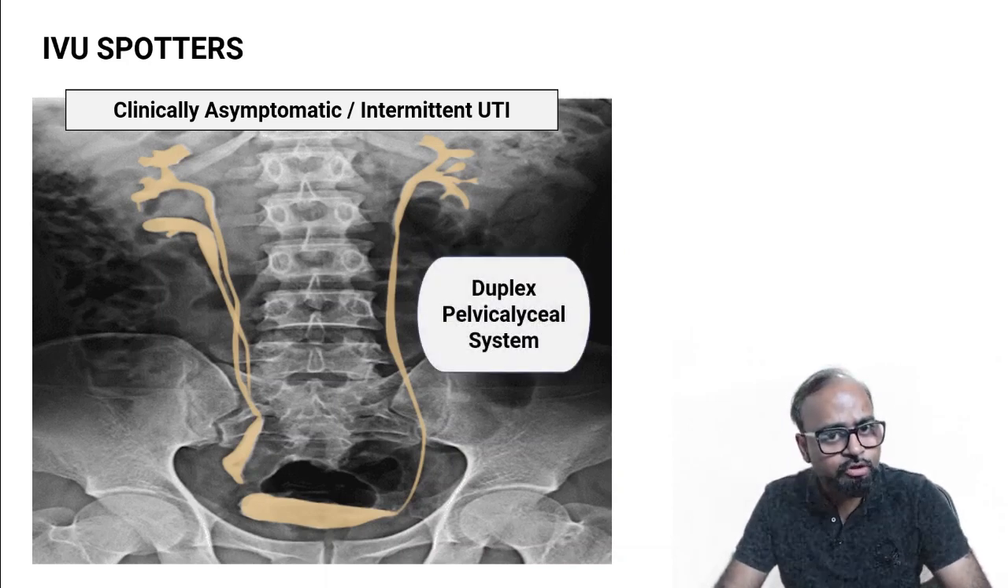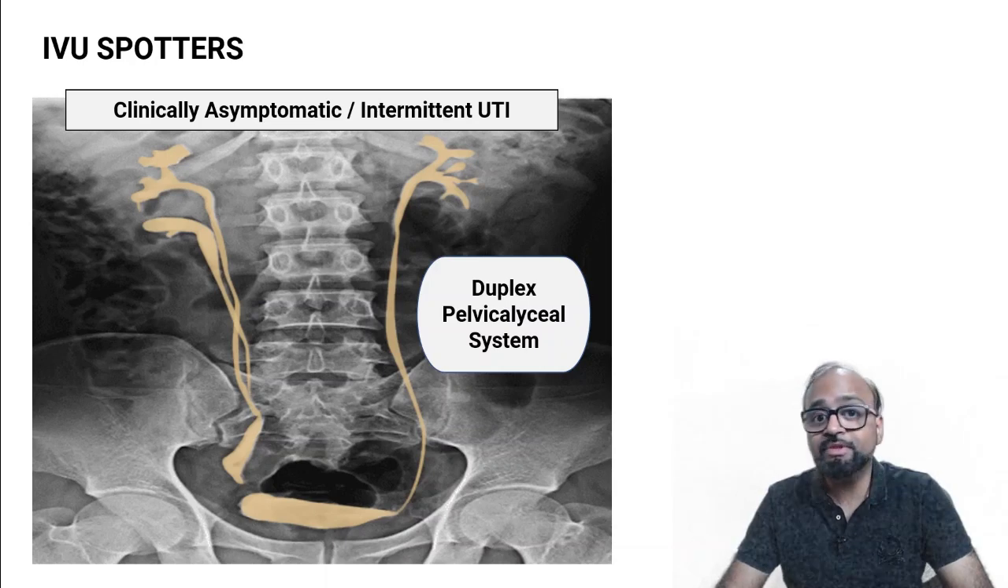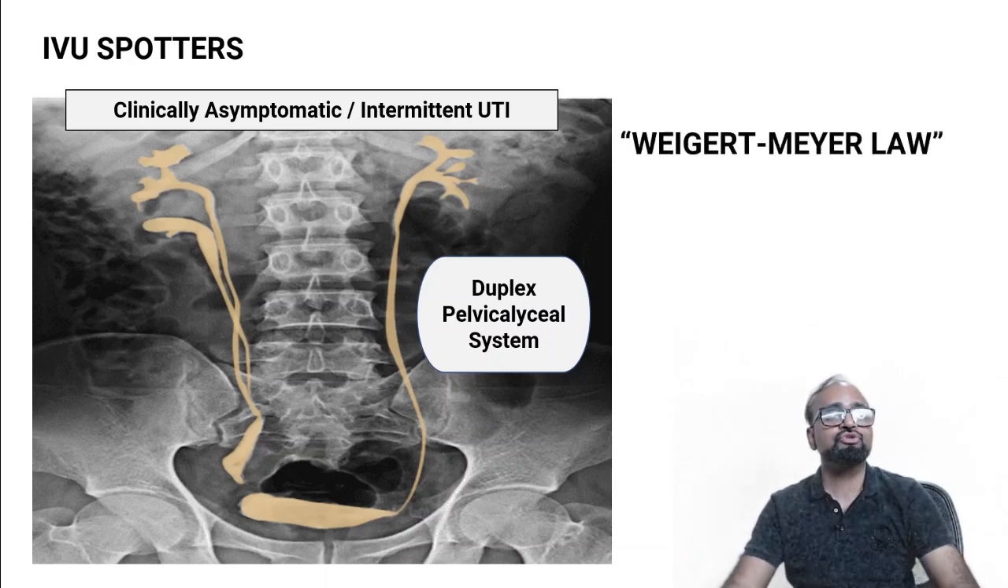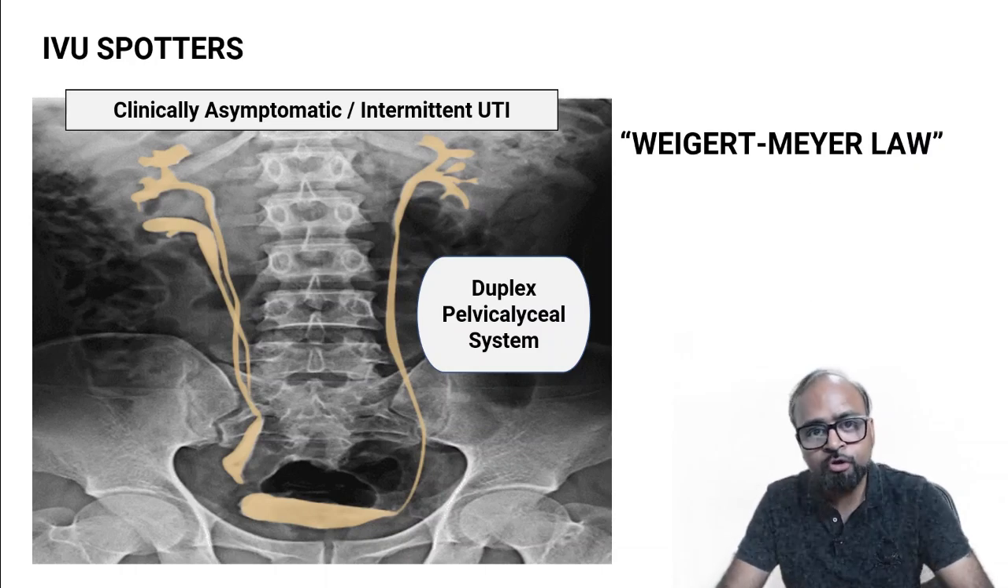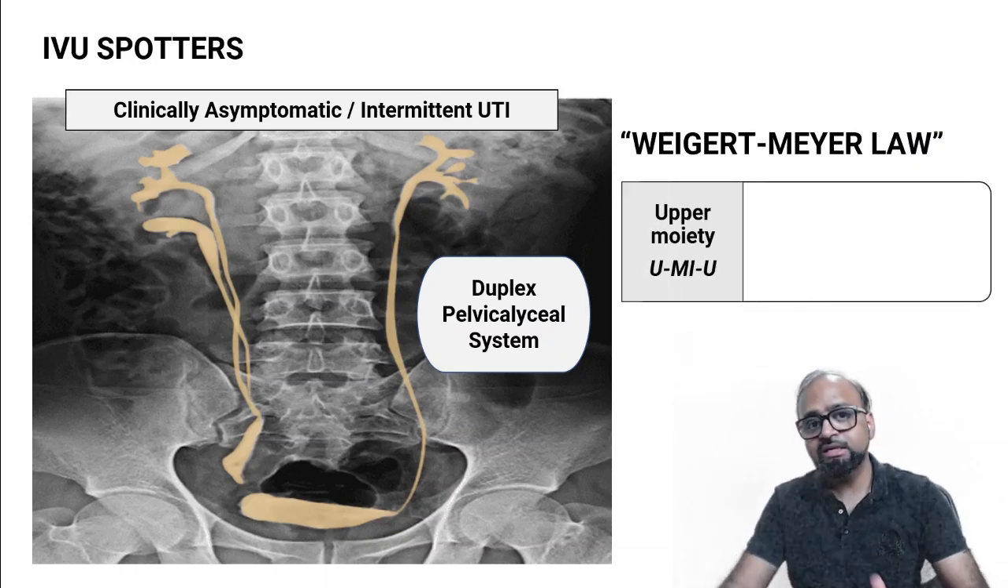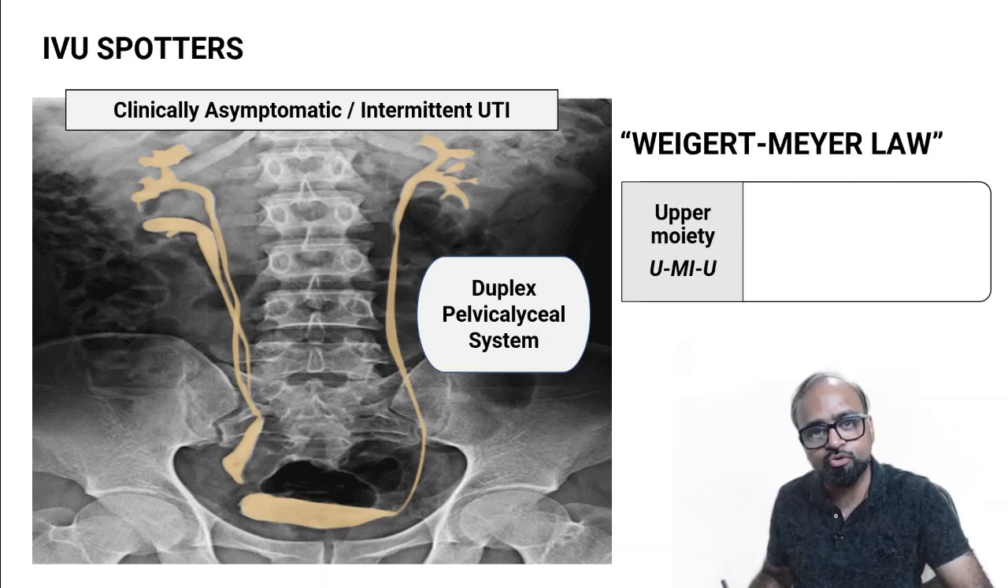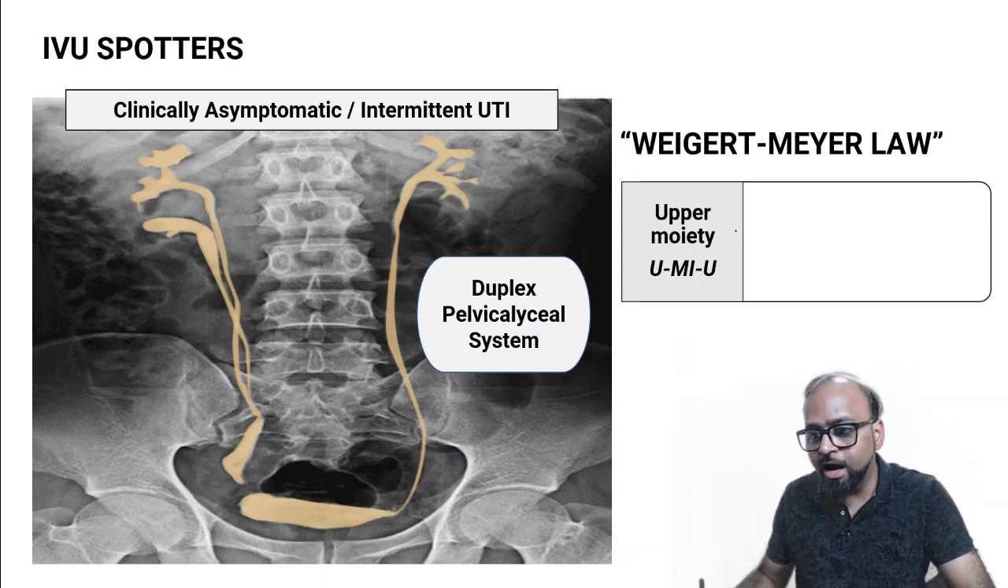The clinical importance of duplex pelvicalyceal system is something that you must have studied in surgery. Let us quickly revise it. If you remember, it is what is called the Weigert-Meyer law. The Weigert-Meyer law tells us each of these ureters, or moiety, or entity as it is called, is predisposed to certain abnormalities. So the upper moiety, that is the upper entity, that is the upper ureter, that is this ureter,